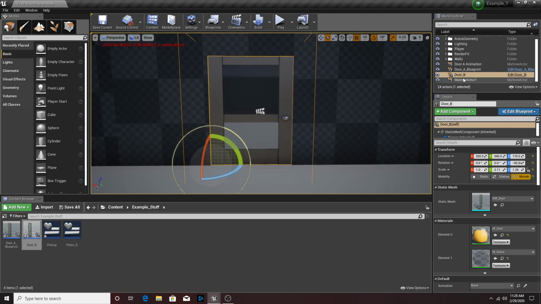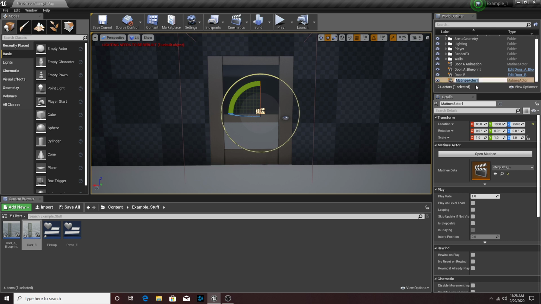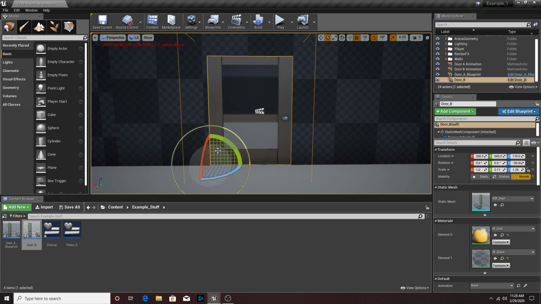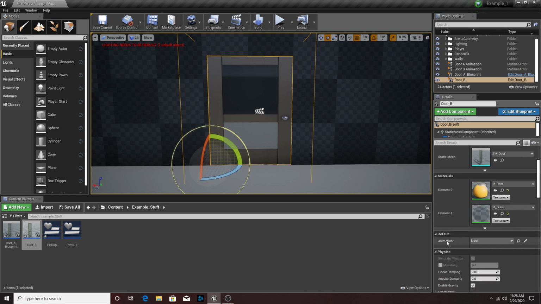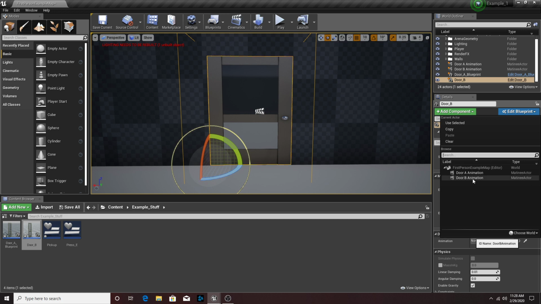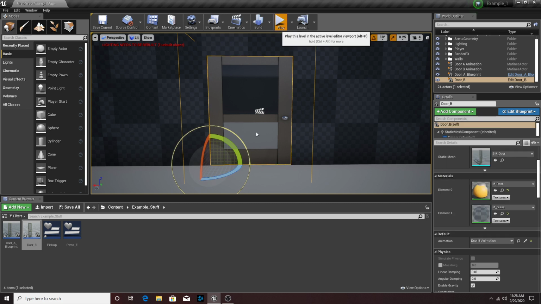Okay, so we can minimize this, and then we're going to go down here and rename this one Door B Animation. So now that they're both animated, we're going to click back on the door. We're going to go to the properties again. We're going to go to the animation, and we're going to press Door B. So now if we come in here,